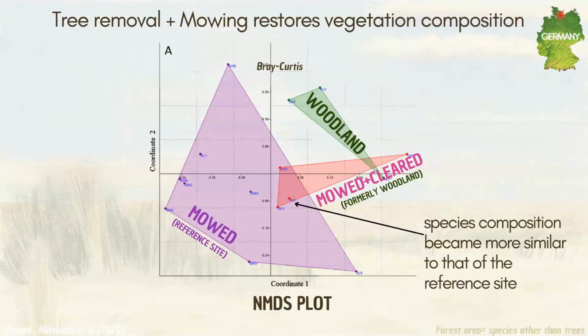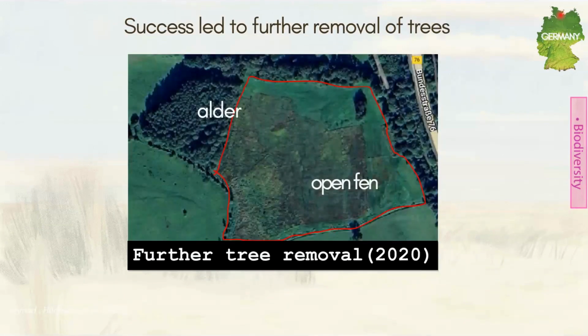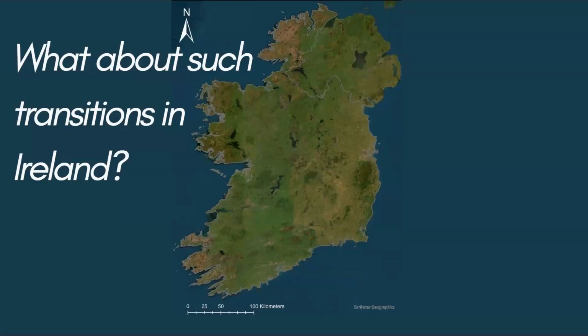We looked at the biodiversity, and if you look at the composition according to Bray-Curtis, the mowed and cleared area is coming closer to the reference site. It was so successful that they removed the willows from there. Don't be scared, willows grow everywhere, so it's fine. But there are such transitional areas and ecotones